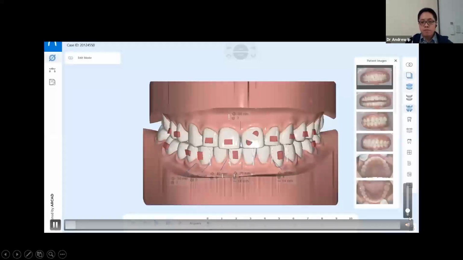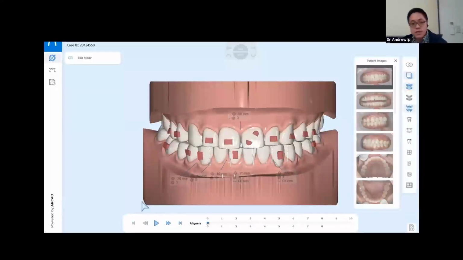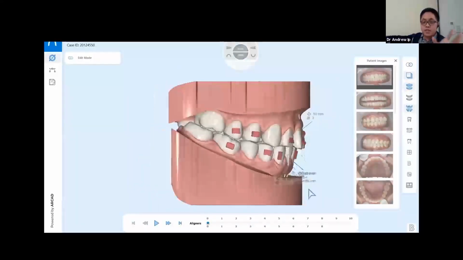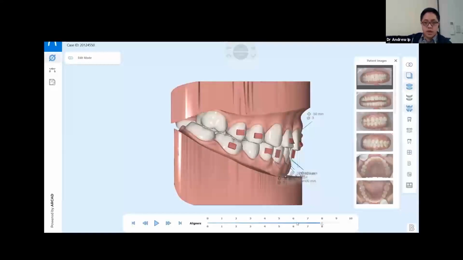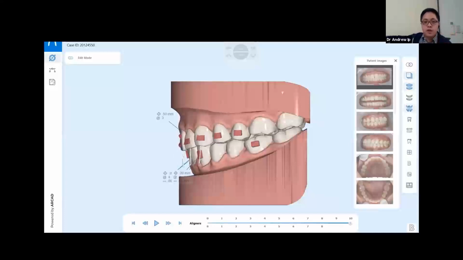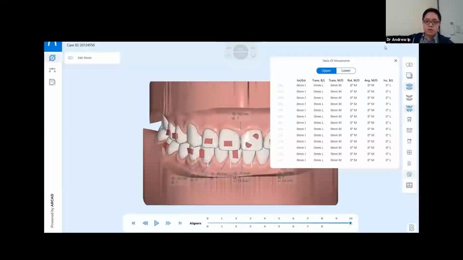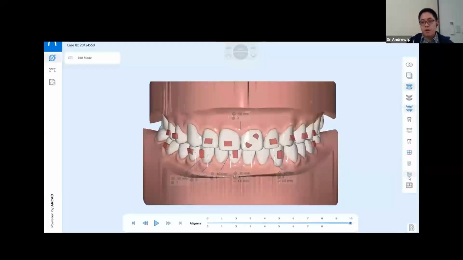Okay, so this is a simple video on basically what the software looks like. Now, these are not final attachments. Do not follow this, it is just a demonstration of what the software looks like. This is definitely not how I would approach this case, but just to give you an idea of what your treatment will look like on the software. It will show you, when you get to that final aligner, how much movement